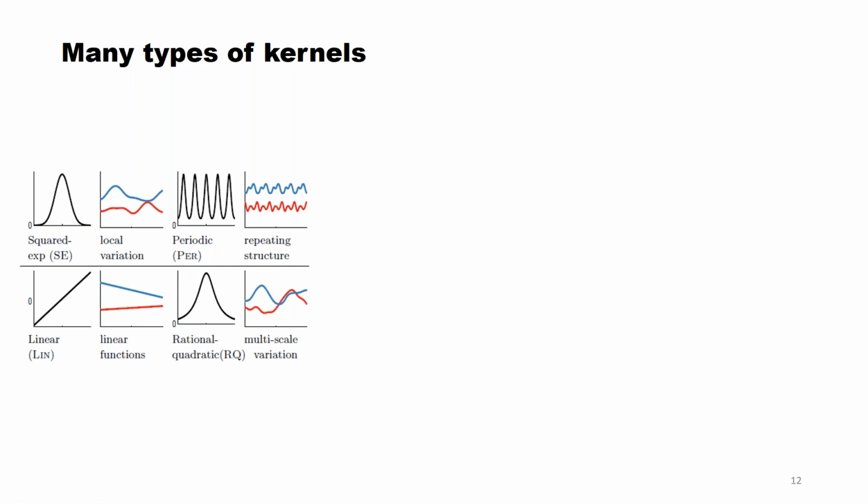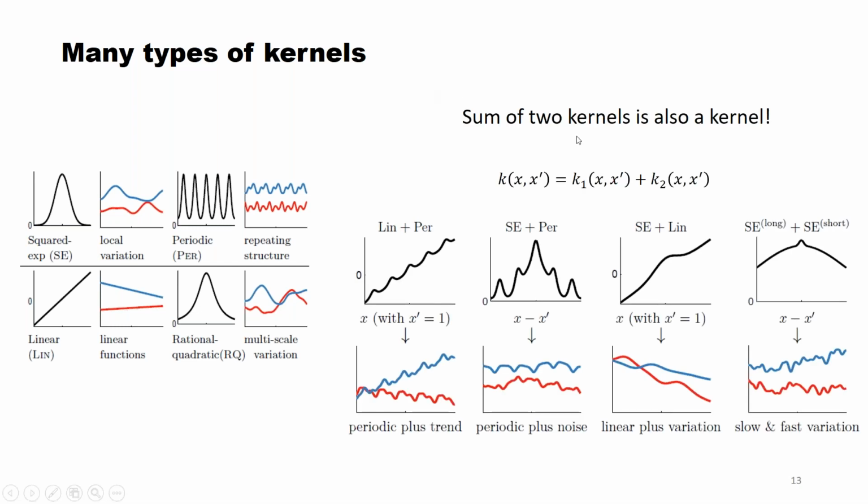Now the good news is that you can actually combine all of these things. A sum of two kernels is also a legitimate kernel, because kernels have this physical meaning that tells you the correlation between different points. It has to obey some mathematical constraints, like being positive semi-definite. But the sum of two legitimate kernels is also a legitimate kernel. For example, you can have a linear plus periodic,